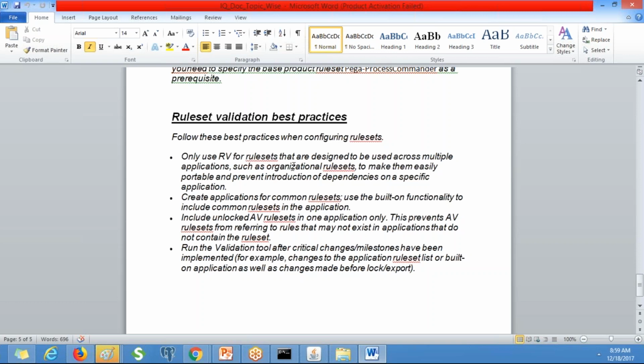If you change something, it is going to impact some other rules. Today you have one rule in some rule set version, and some other rule is using that rule. If you delete it, or save it into a different application, or change the application definition, you will get some error.